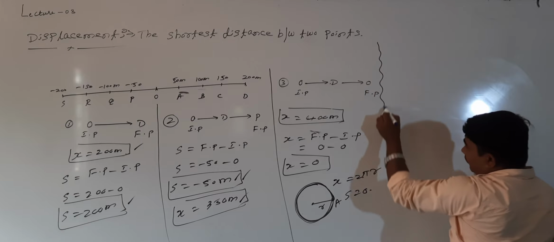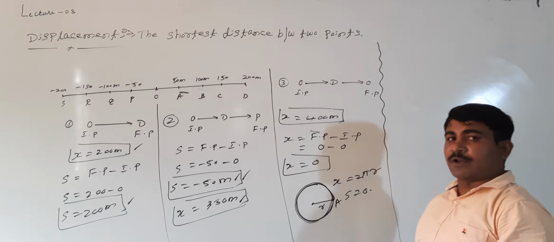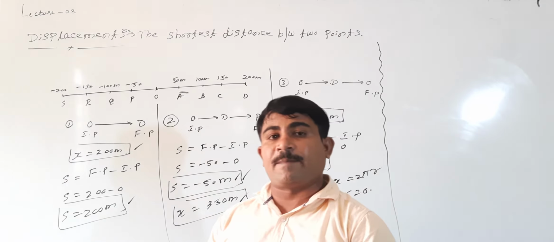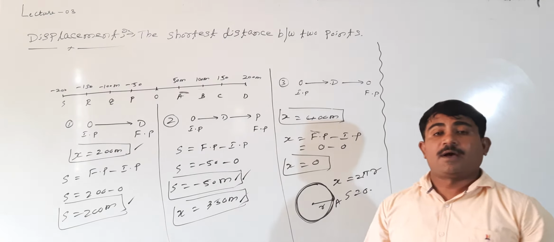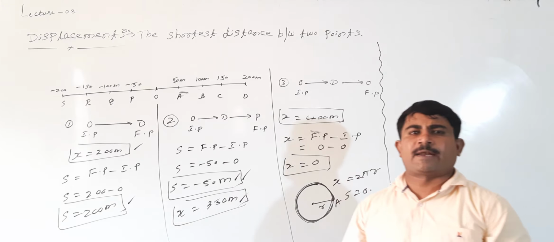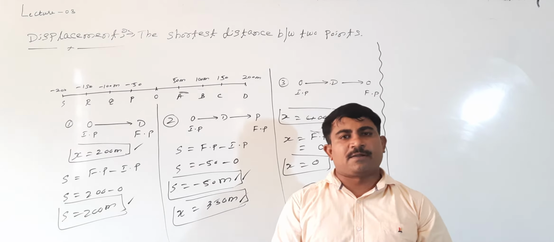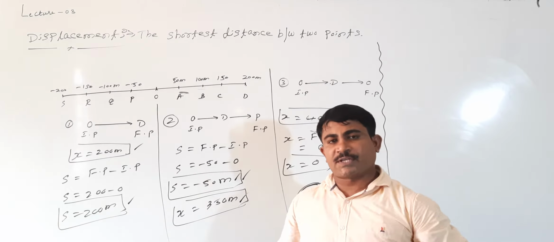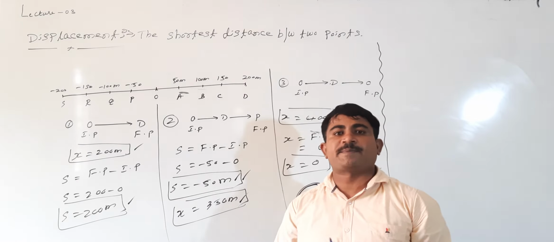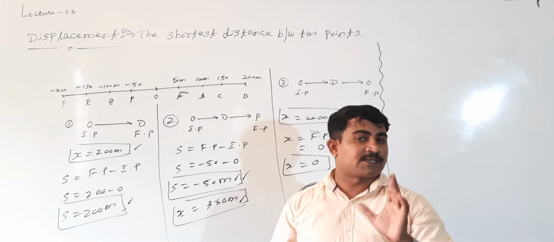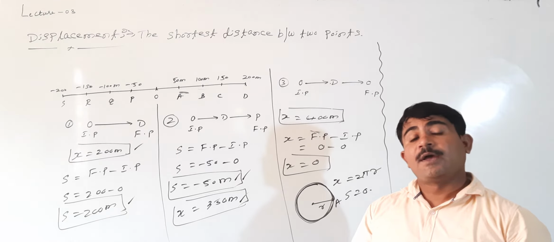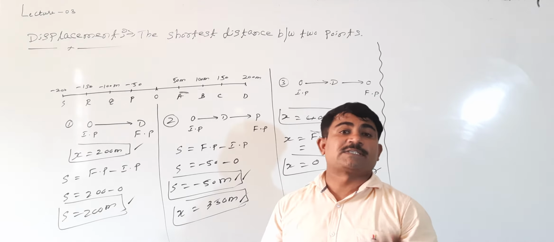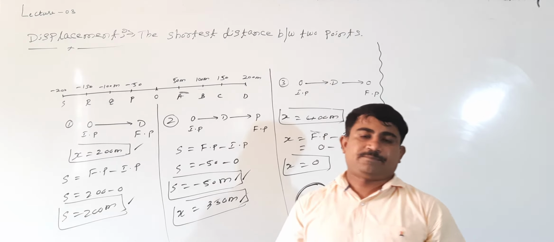But look at it. We can calculate displacement and distance for a body in the general case when the particle moves in a circular path. One more example I will take: how the distance and displacement can be calculated. In the last class I observed that when a particle moves in a quarter circle or a half circle, we calculate the distance and displacement. Generally, how do we calculate the distance and displacement for a circular path?